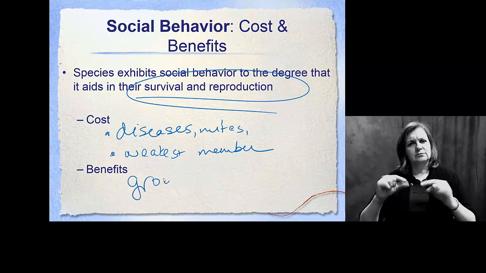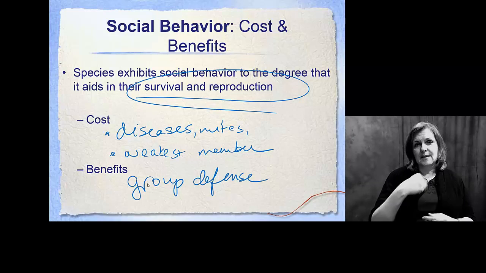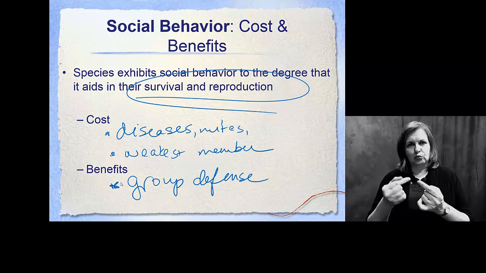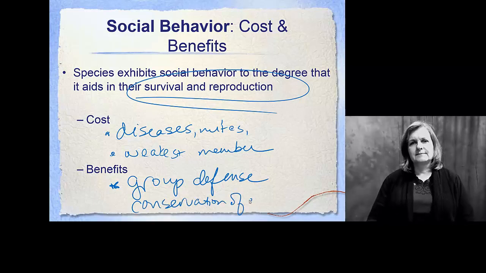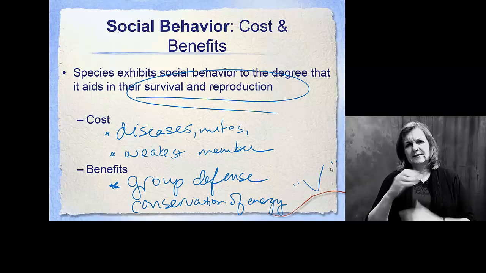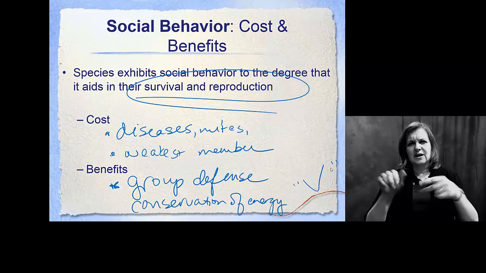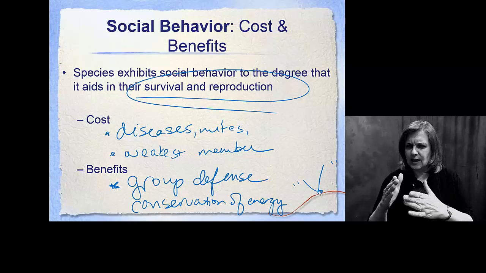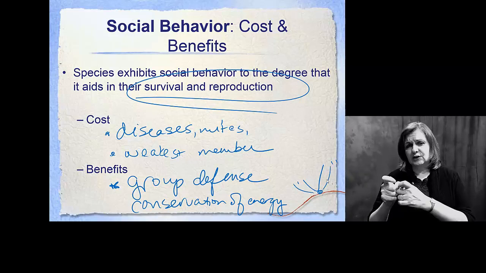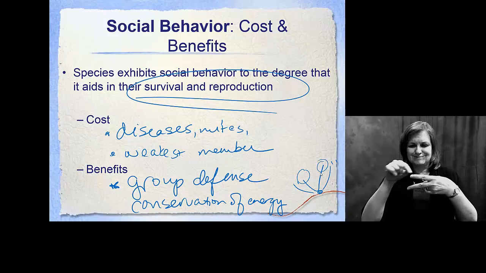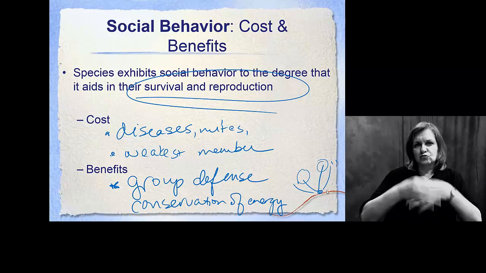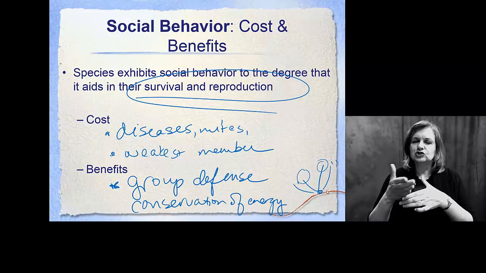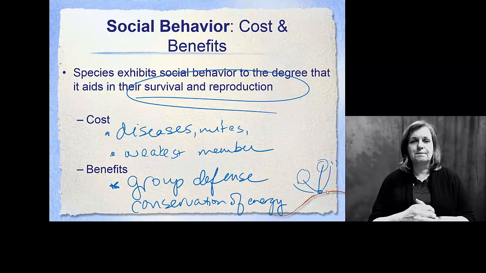So, group defense. Even if there is a weak member, there's a group there to help protect it. What about conservation of energy? Think about when geese fly in a V formation. Why do they do this? Do you know? They fly this way because the air currents change, and it allows the individuals at the back to put in less effort. They rotate this V on a regular basis and share that energy drain, and help these migrations go much smoother. Then there's warmth in the wintertime.